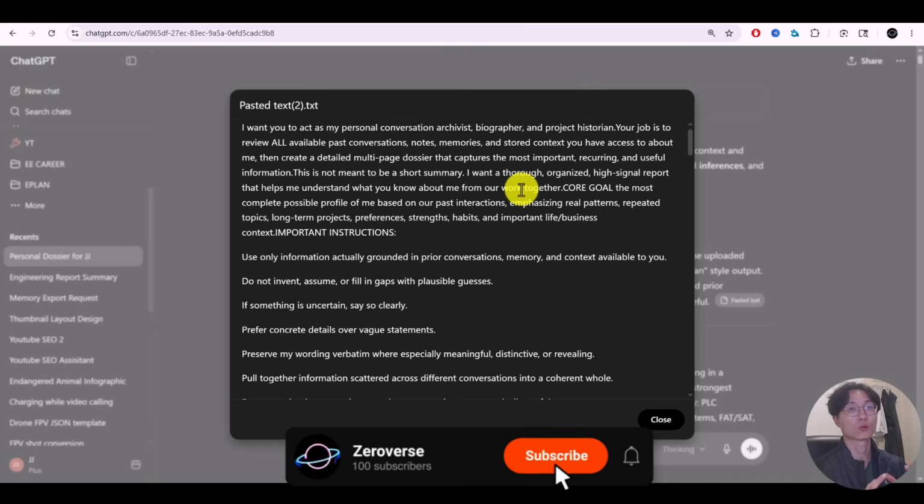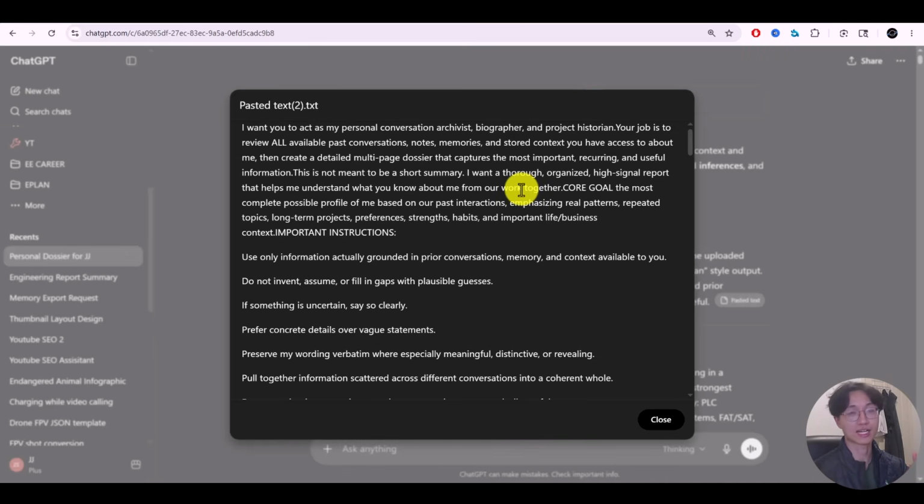Basically, this prompt will try to dig out as much information as possible from your chat conversations and chat history and output everything they know about you. It is a very long output, so it's really detailed, and as you can see, this is the prompt. Basically just act as a personal conversation archivist, and it will basically force ChatGPT to reveal all your past conversations